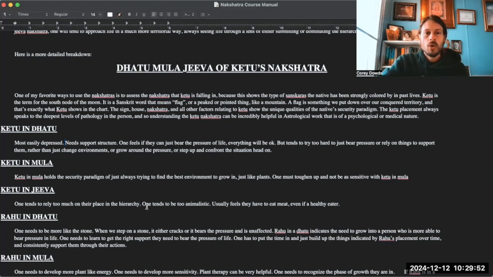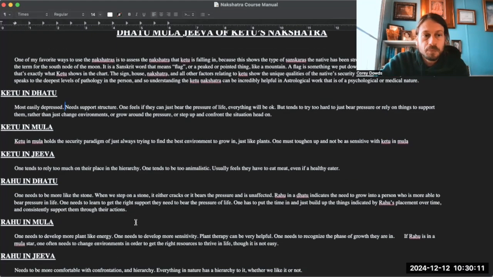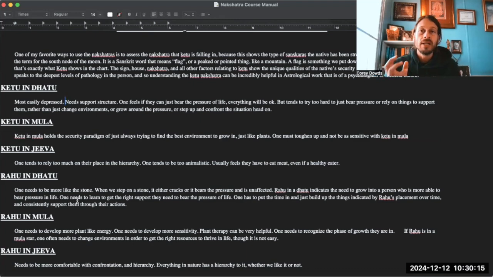Or people that are really sexual, overly flirtatious all the time. You'll see that a lot, especially with women who have learned to use that to get ahead in life, but not learned to use other skills, like maybe their intelligence. All right. Anyways, so Rahu in a Dhatu, one needs to be more like a stone, bearing pressure more easily,